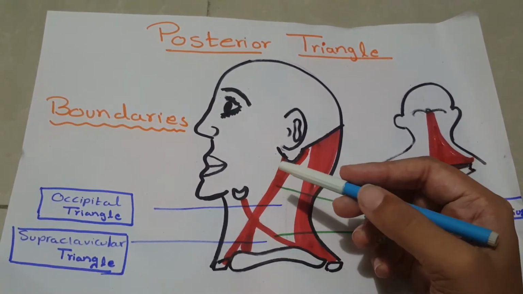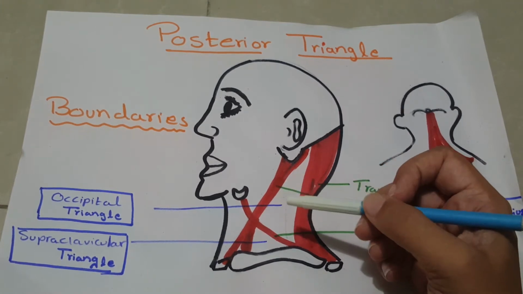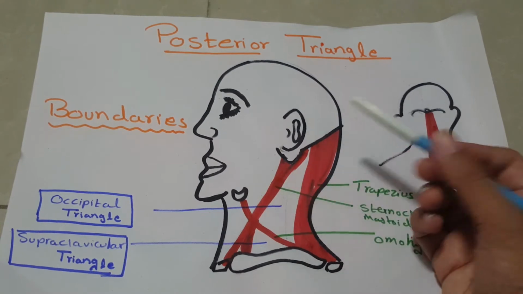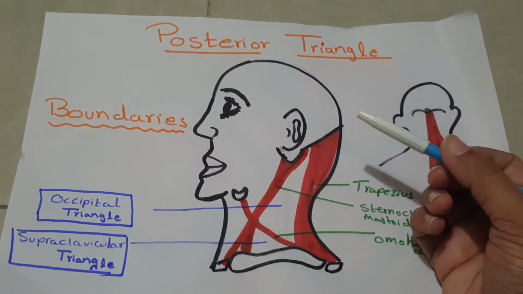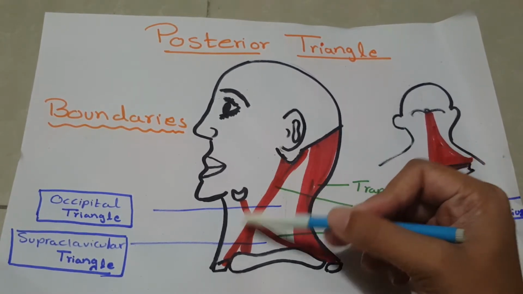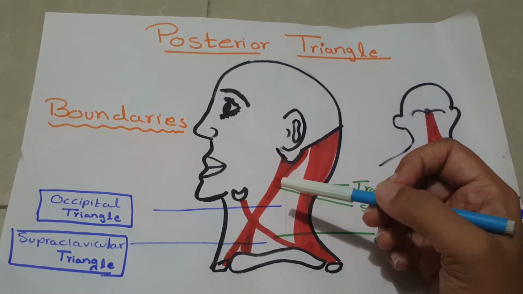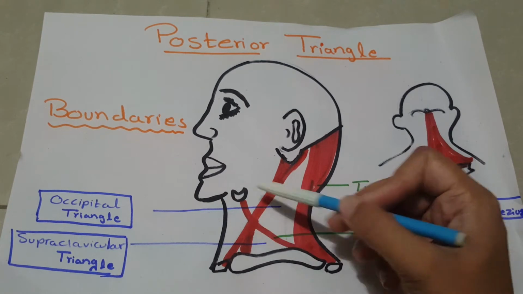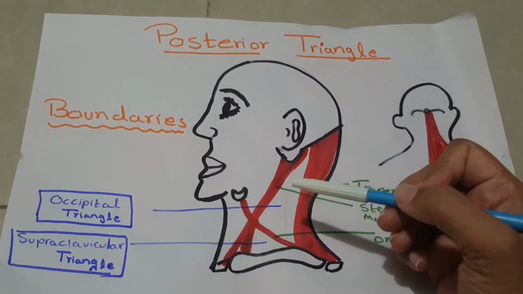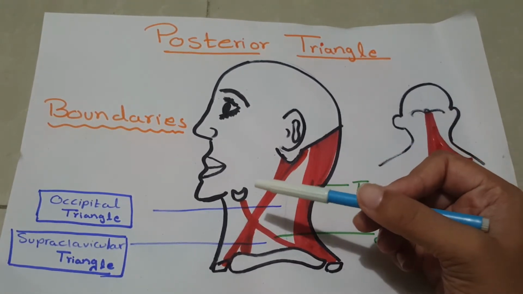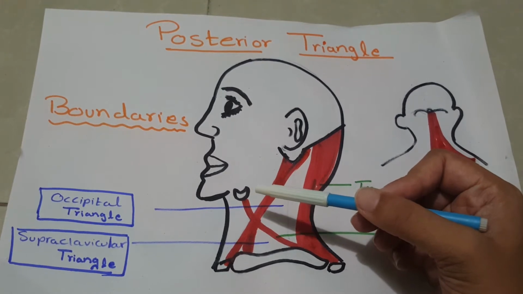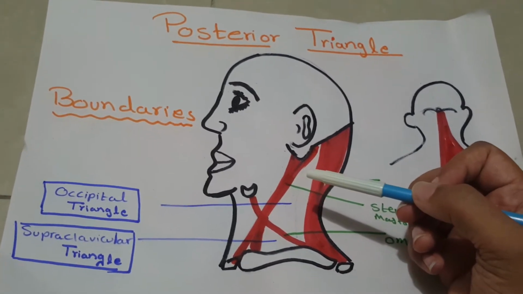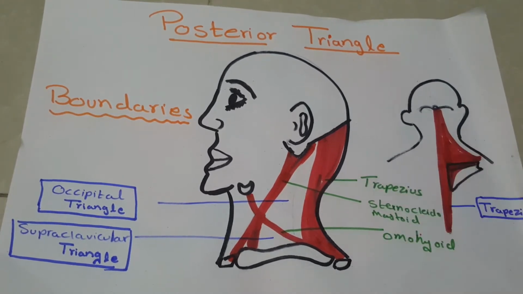Now let's talk about its action. When one muscle contracts, it basically turns the chin towards the opposite side. And also when one muscle contracts, it is also involved in the side bending of the neck. When both side muscles act, they basically draw the head forward, as in eating and lifting the head from the pillow. Sternocleidomastoid muscle is also involved in forced inspiration.